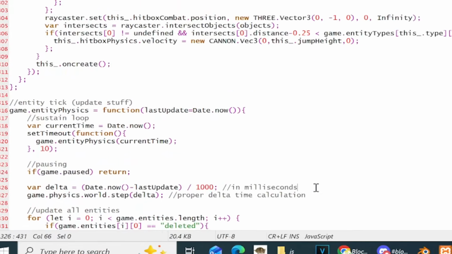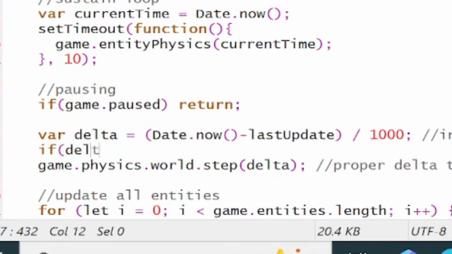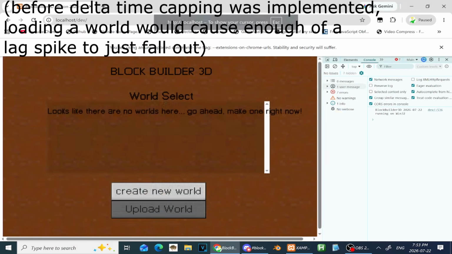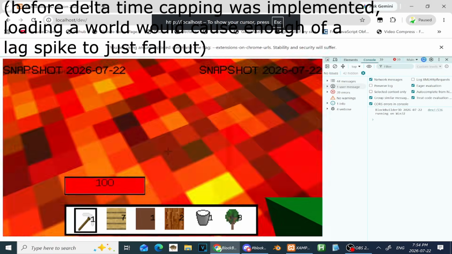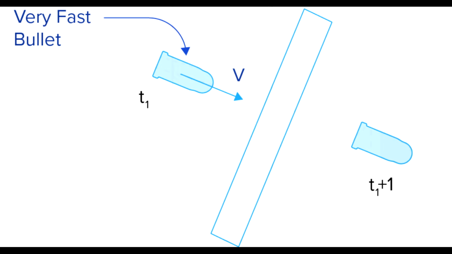There is one important consideration though. It is very important to cap the delta time variable at a reasonable amount, for example at about 1/3 of a second. This is because in the event of a lag spike large enough, movement such as player movement can skip a large distance, potentially even missing an obstacle such as a wall or a floor, causing the player to fall out. This phenomenon is known as tunneling. It is also even more likely to happen if an object is moving fast,